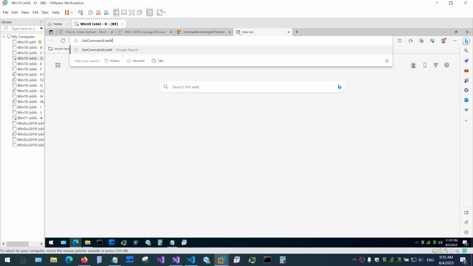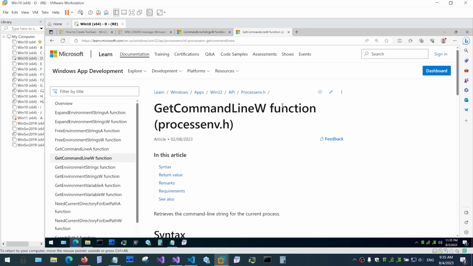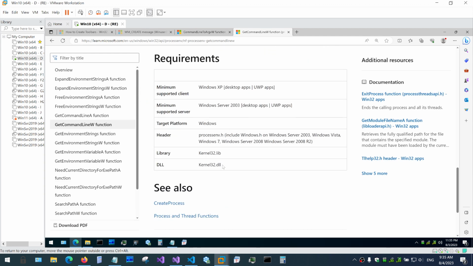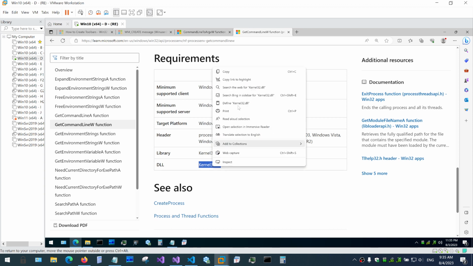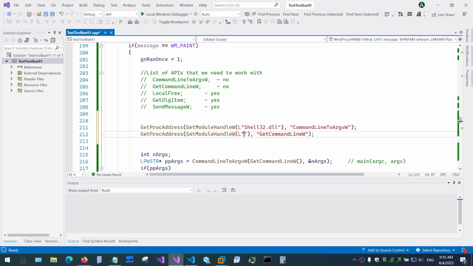So if we search for it, and now this one is a little bit tricky because they put it into a different header file, but the DLL is kernel32 DLL. Okay, we can be sure that kernel32 DLL is always mapped, because again, it's the second module that's mapped into pretty much all user mode processes. But we need to check about this one. And the reason we would do so is because this API, GetModuleHandle, will work only if this module was